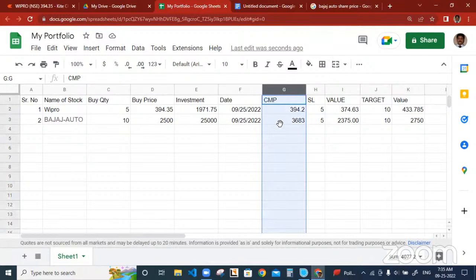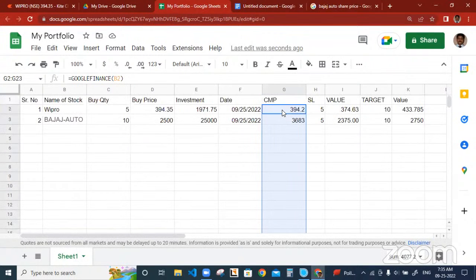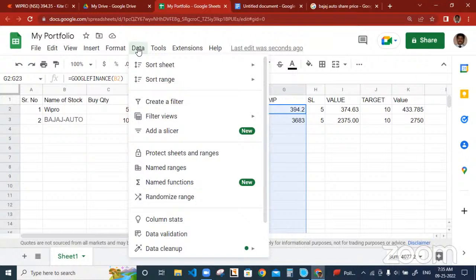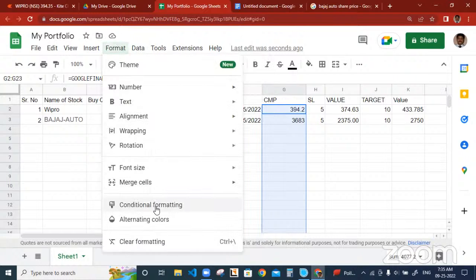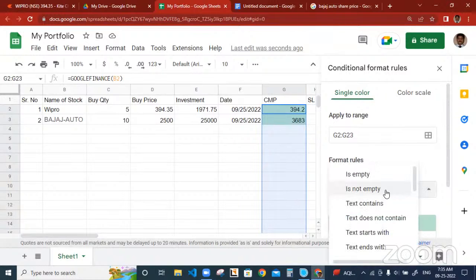What we can do is apply conditional formatting here. For example, I select this column, or I can select maybe the bottom 5-10 rows, whatever. And here we go to Format, and Conditional formatting. So in conditional formatting, what I will apply is, if this price, the current market price, is